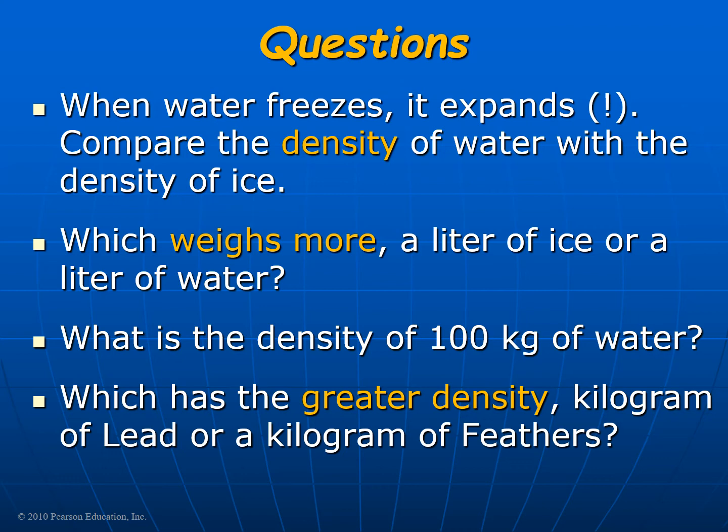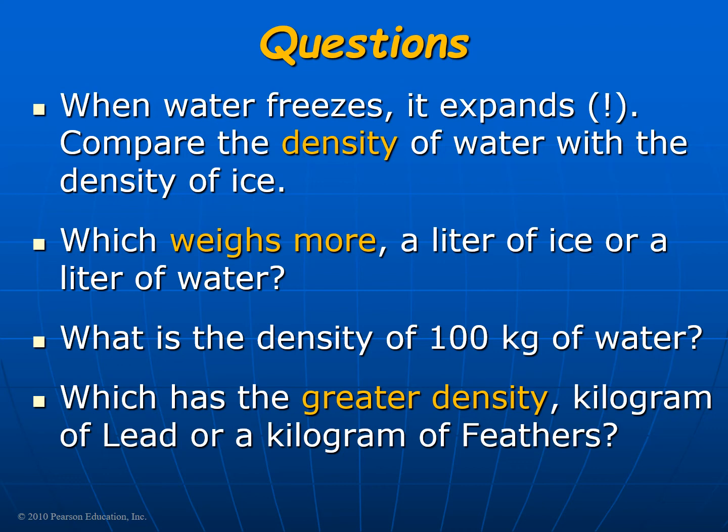Okay, now, which weighs more, a liter of ice or a liter of water? Think about it. When we say weight, how can we get the weight? Weight equals mass times gravity, and mass equals volume times density. So if the density of water is greater than the density of ice, then the mass of water will be greater than the mass of ice. Accordingly, the weight of 1 liter of water will be greater than the weight of 1 liter of ice.